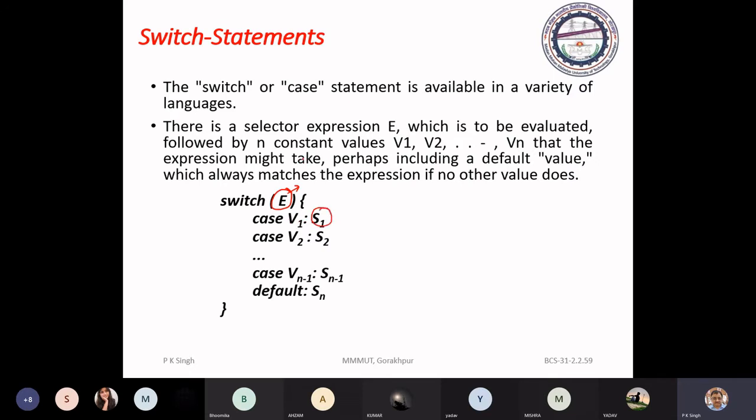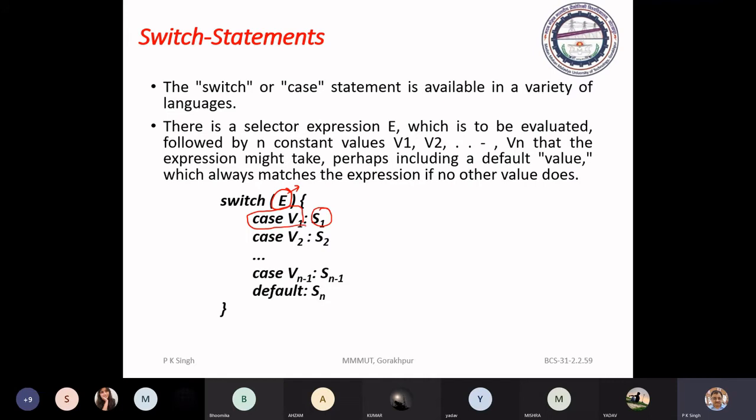If the evaluated value is V1, then it will execute the statement list associated with this case. You can consider it as a label, and as per the value, the control of execution will switch to that label and execute the statement list available on that label.